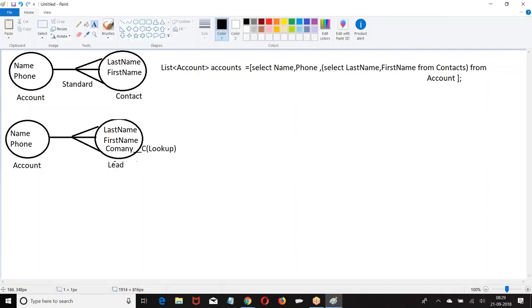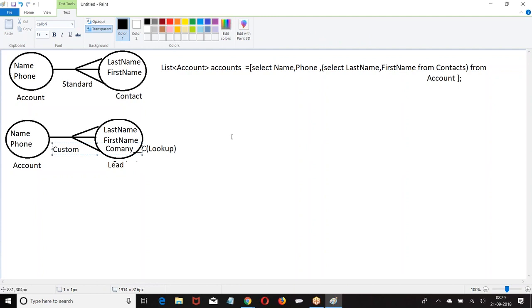Now an account and another object, there is no standard relation. It is a custom relation. With a custom relation, how do you write the query now?